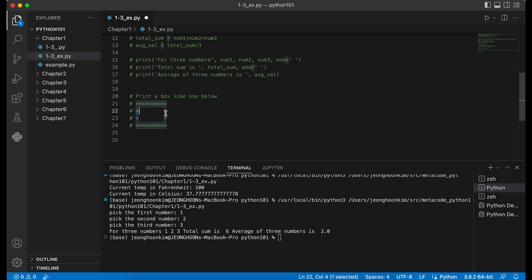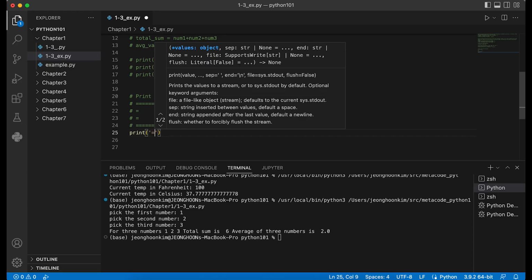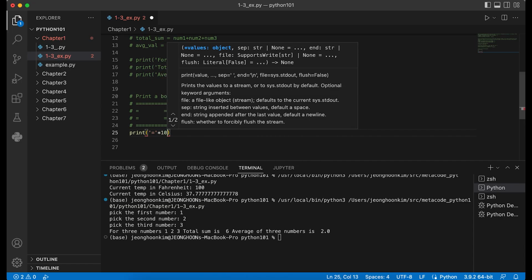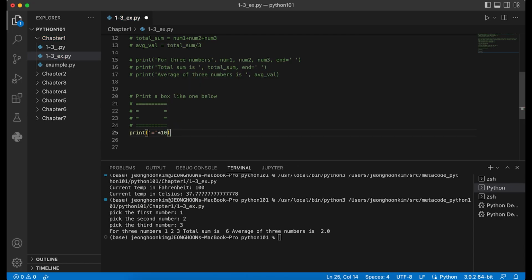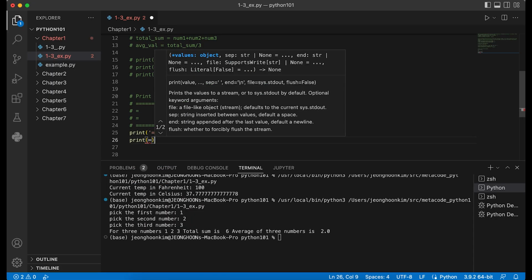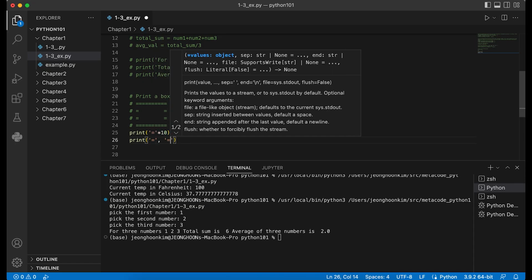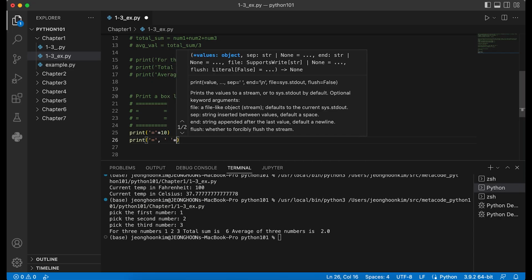So 1 in the beginning and 1 in the end, and 8 spaces in between, and do the same thing. So how I would do it is print this times 10. I think we didn't go through the string chapter, but I think we've done it before. So let's use print equal times 10, and print this again once, right? And we have 8 spaces, so space times 8.